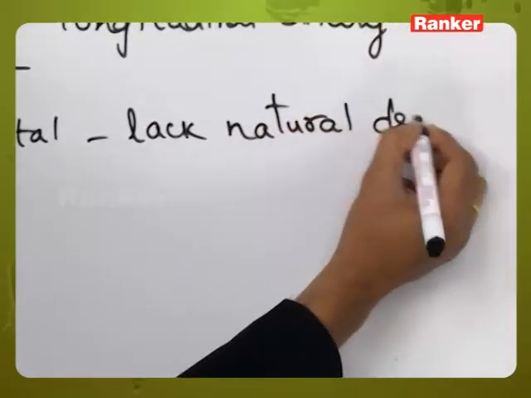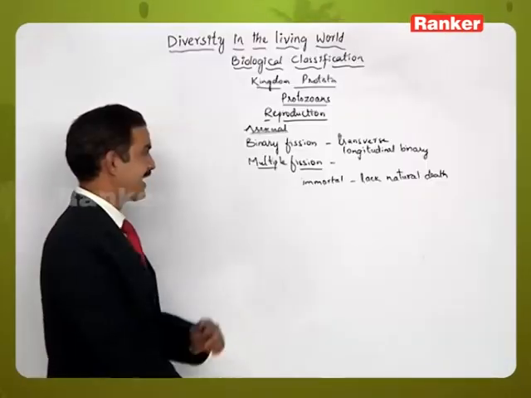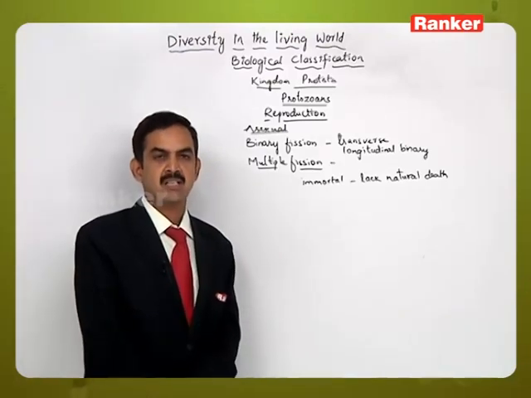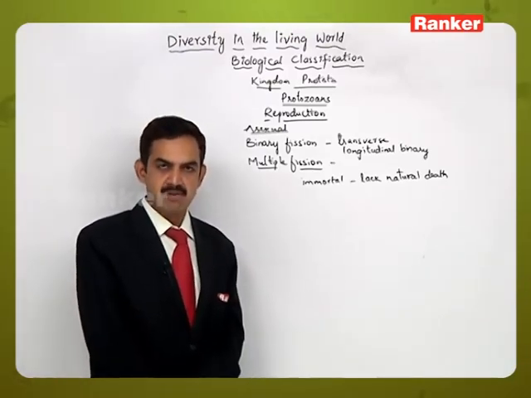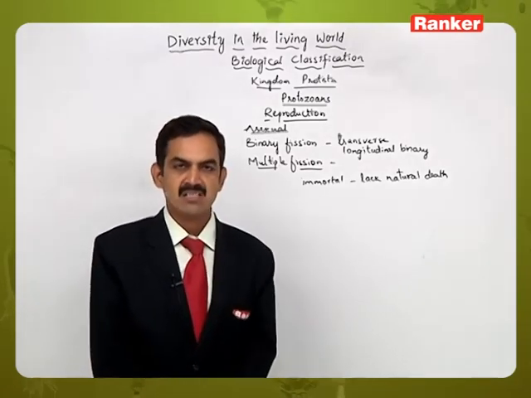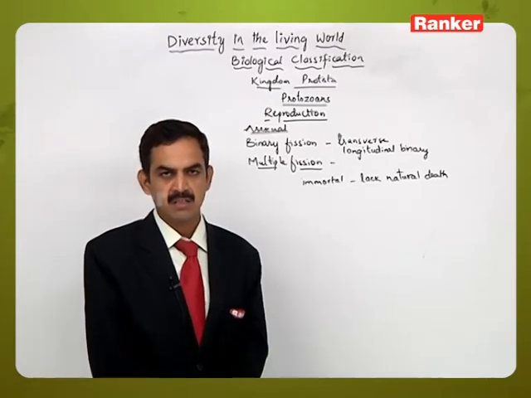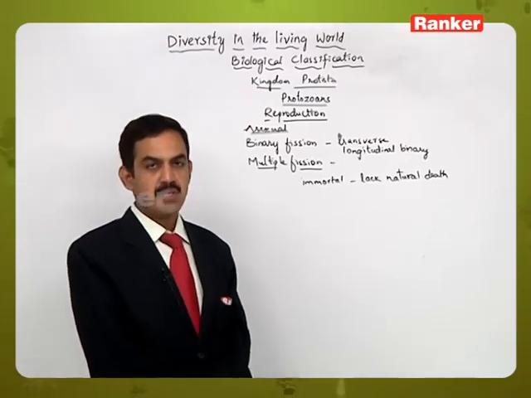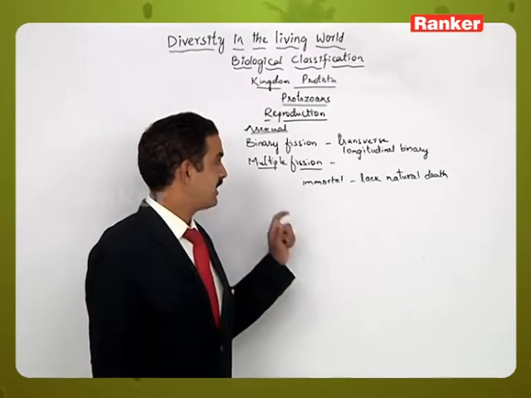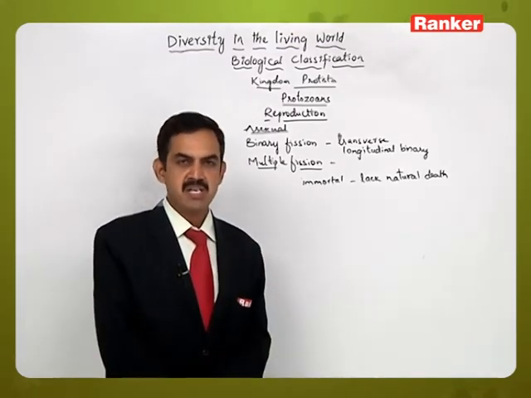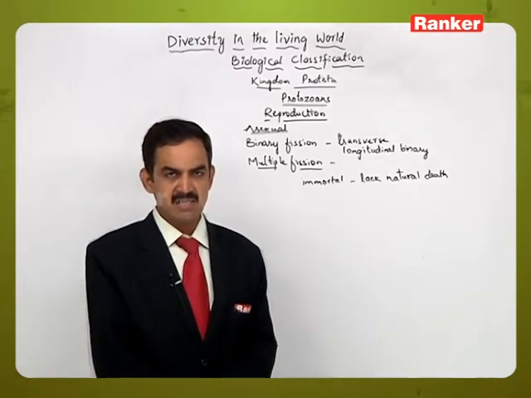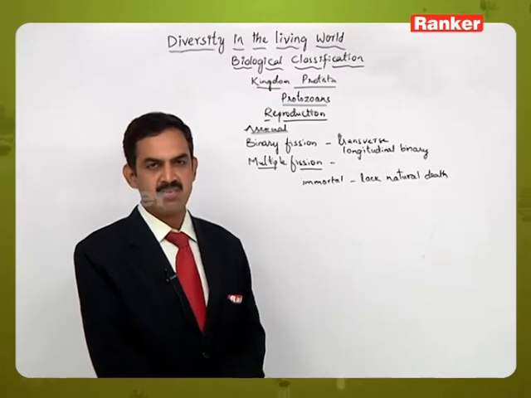Natural death is not present in some of them, like in paramecium and amoeba, where the parent will undergo division to form daughters. Once the daughters have been formed, there is no existence of life for the parent organism. So it is not death but just division. Here we can say that reproduction and division are synonymous, that is, the two processes take place simultaneously, resulting in the formation of